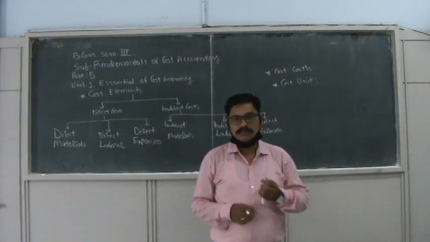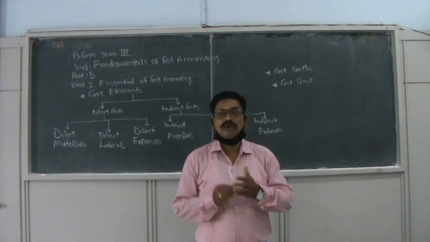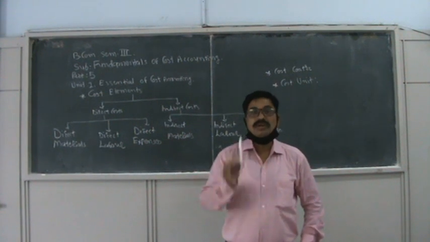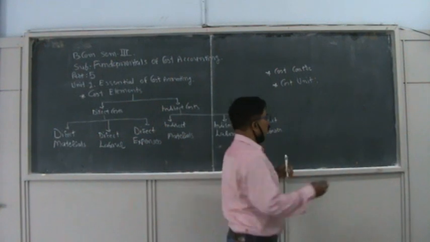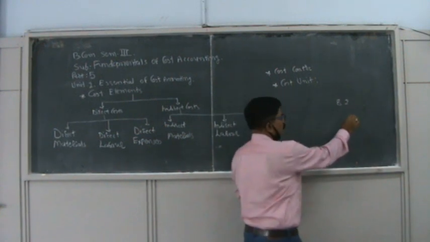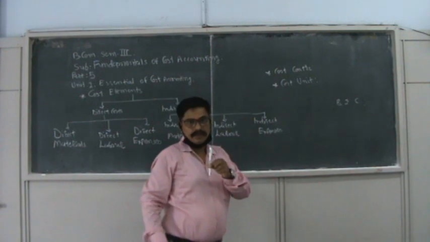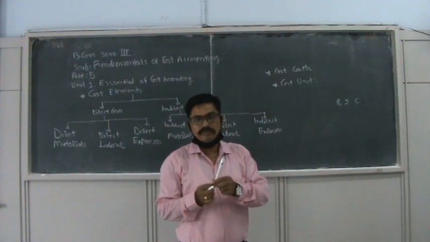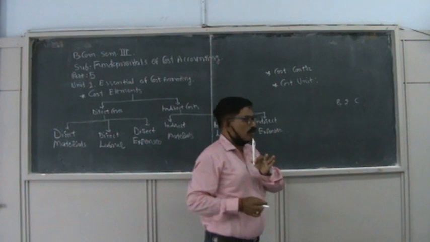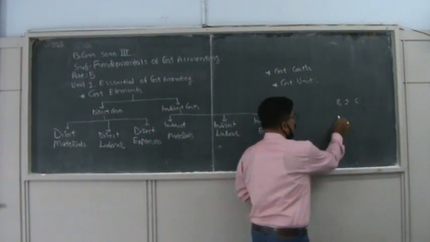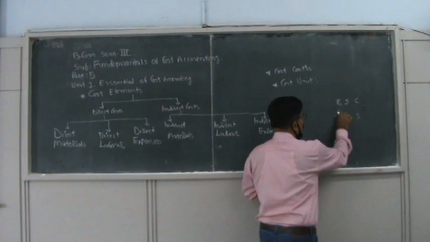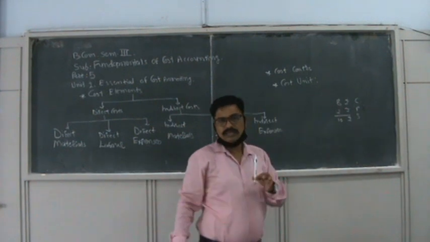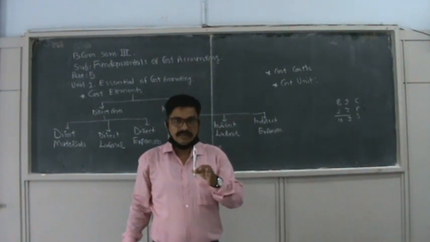Suppose in the production or manufacturing unit of ball pens, one ball pen is the cost unit. What is the cost per ball pen? Suppose the cost is 8 rupees per ball pen. So to produce, pack and design the ball pen, the total cost of this ball pen is 8 rupees. And suppose the selling price in the market is 10 rupees, then 2 rupees is the profit per ball pen. Here we can find out the cost of a ball pen.